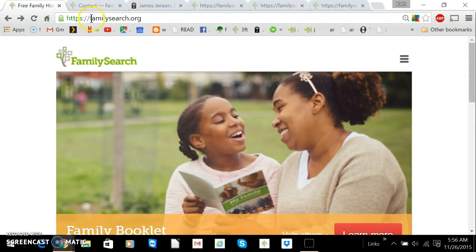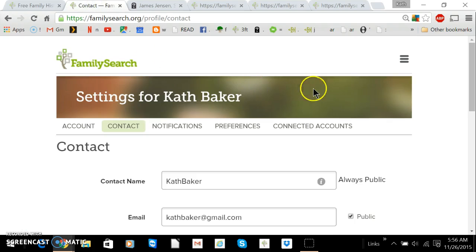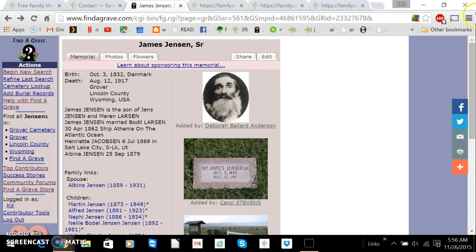So when we go to the FamilySearch page, we touch in the upper right corner where it says our name. It's not showing right now. And then in the settings, contact, and making sure that our email address is public. We did continue on to talk about